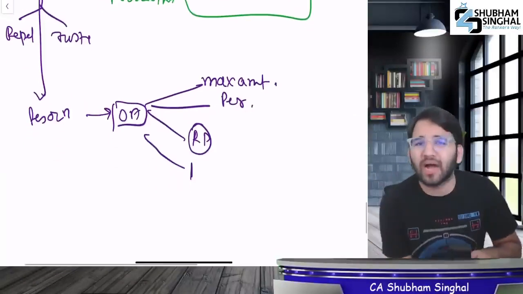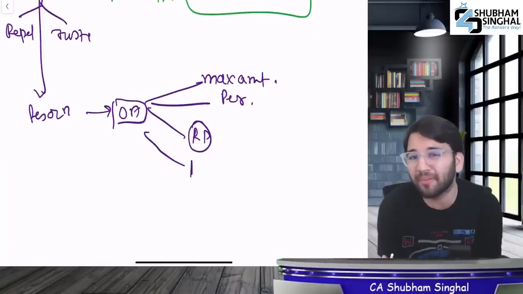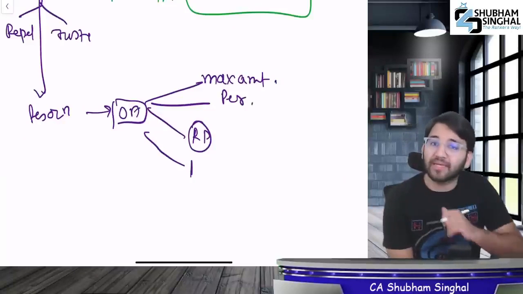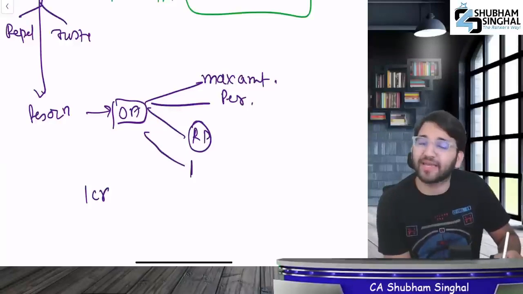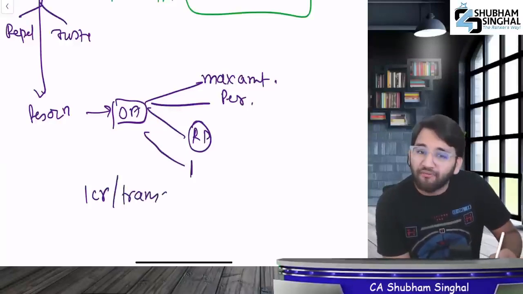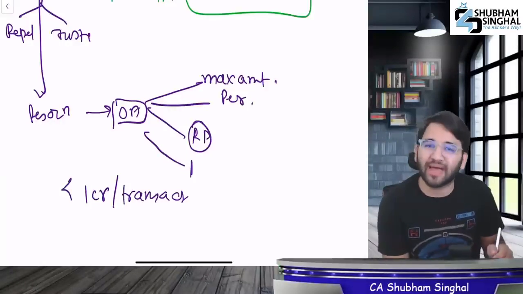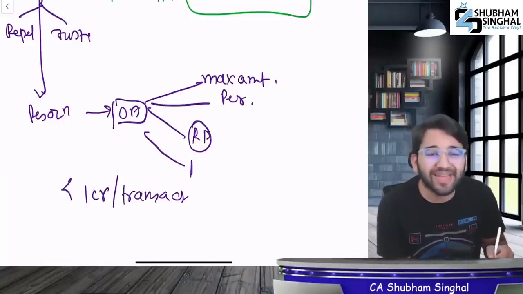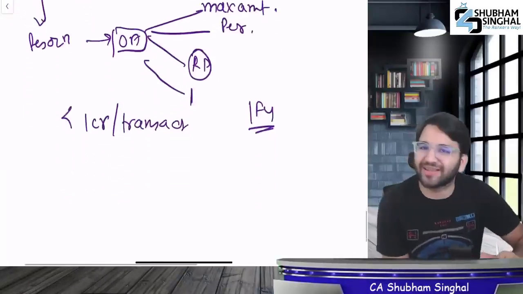Then I explained that if you are not getting any justification, if you don't understand the reason for giving the omnibus approval, can you give approval in that case? Law says you can, but the transaction should not exceed 1 crore, which is the limit per transaction. Omnibus approval can be granted within that limit. But what is the validity of the omnibus approval? One financial year. Whenever you take approval, it is valid for one financial year.